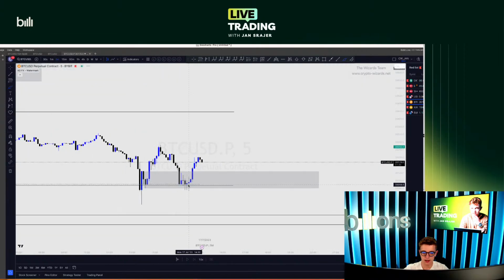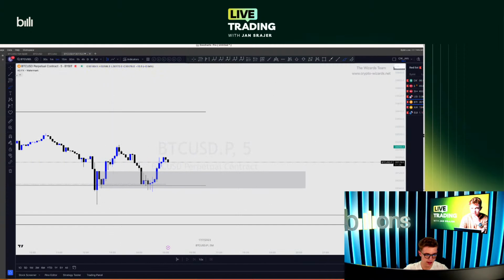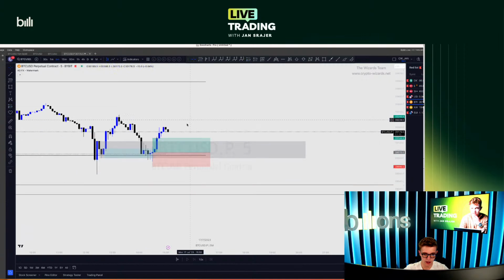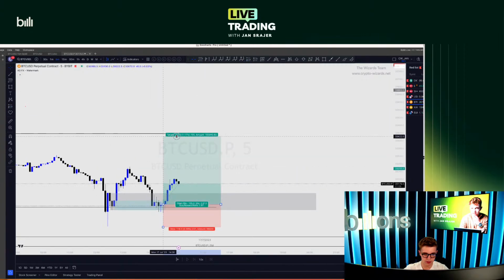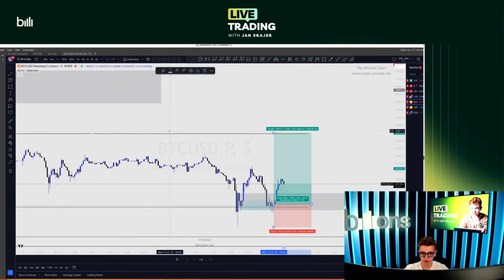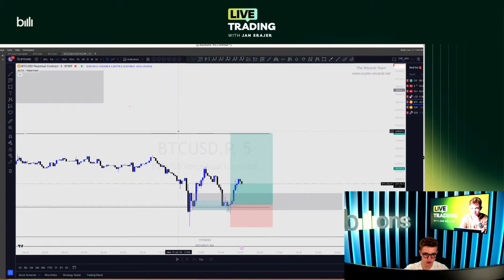So what I did is I went down to 5 minute and I was trying to spot a local demand, which was basically this one down there. And I was re-entering once we hit this demand. Very simply said, this is my entry to a position. What I'm looking for, this is the stop loss. Take profit is going to be this high here. Risk to reward 3R. Simple trade.